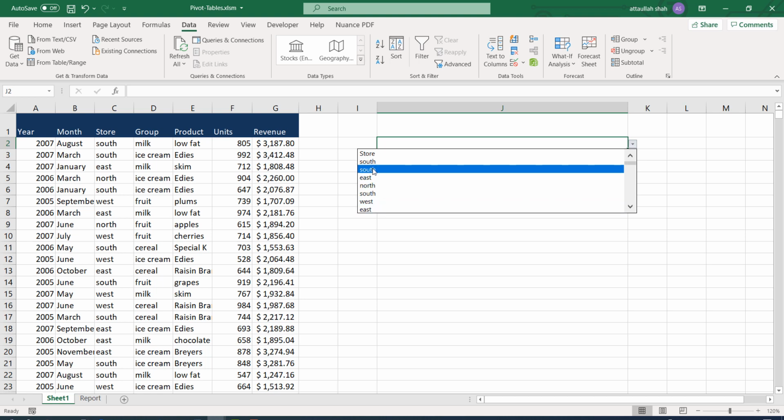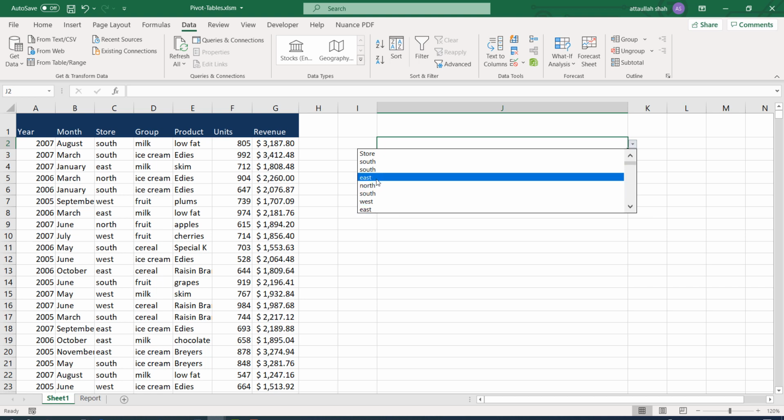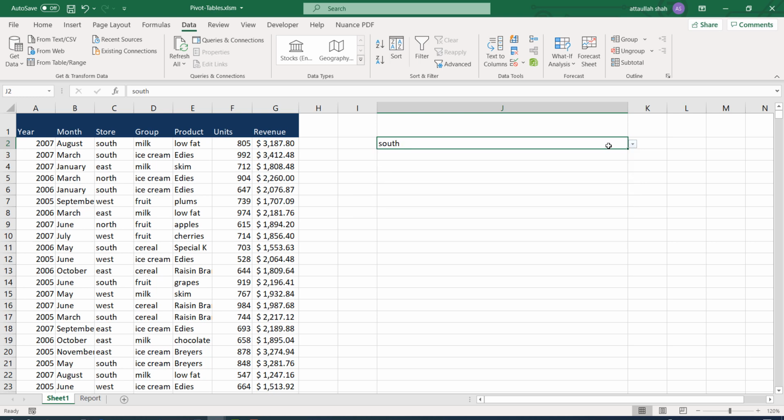For example, south appears twice, east appears twice. This is because there might be some spelling mistakes or some additional spaces, but don't worry, we can still select the relevant store from here.